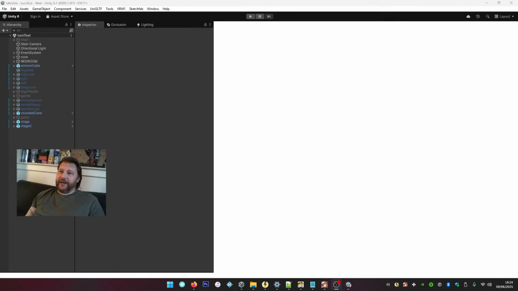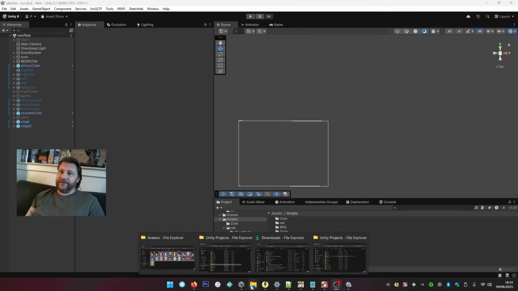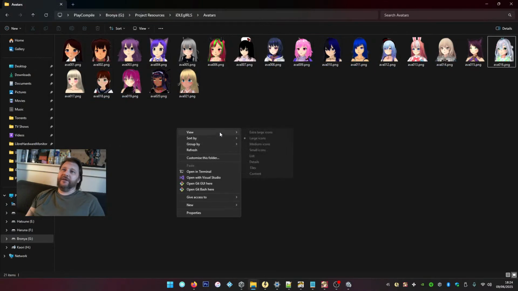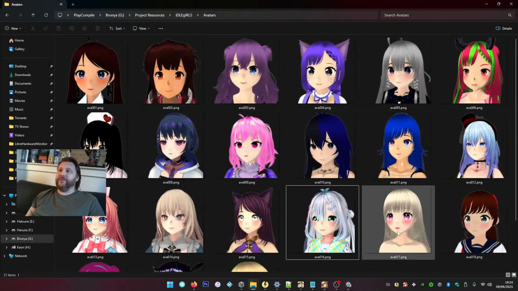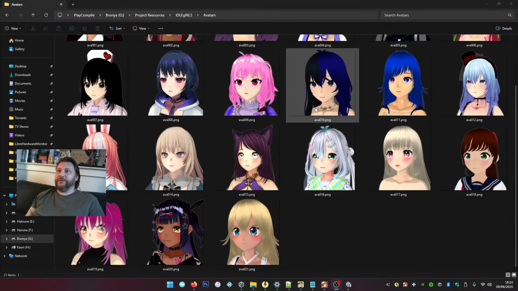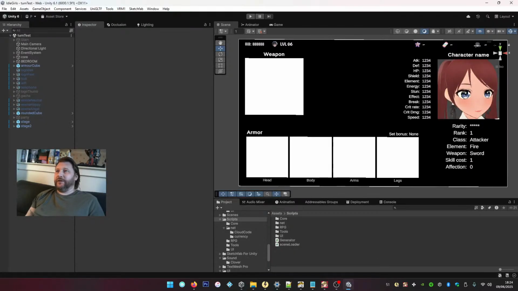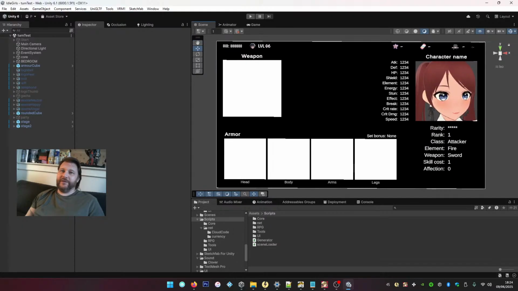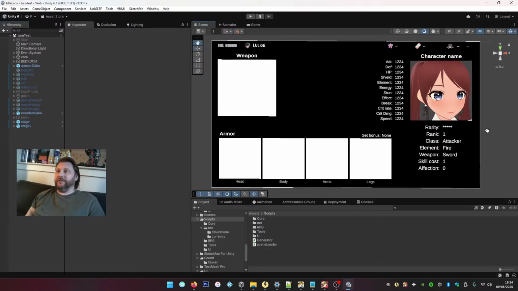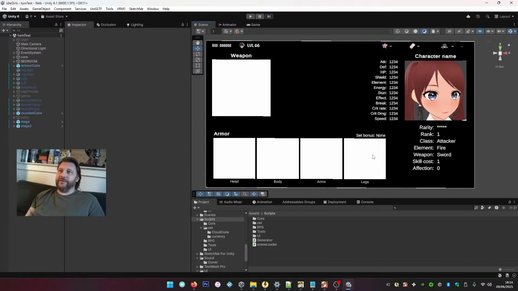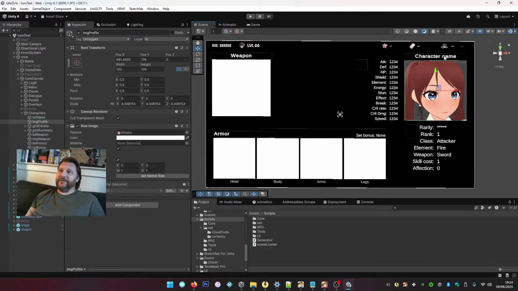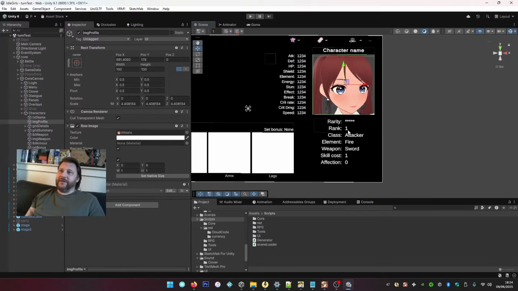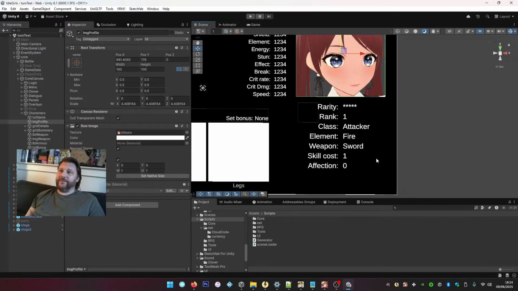So I uploaded the avatar icons that I made this morning. So we have profile avatars for every character. We are going to load those in here, I think, for now. I'm not sure about this interface. I need functionality, I need form over function for now. So the plan is we'll load the character name, we'll load the character avatar, and then this information here is